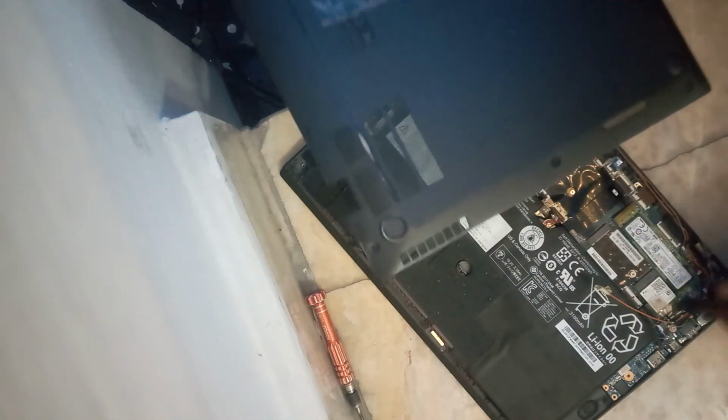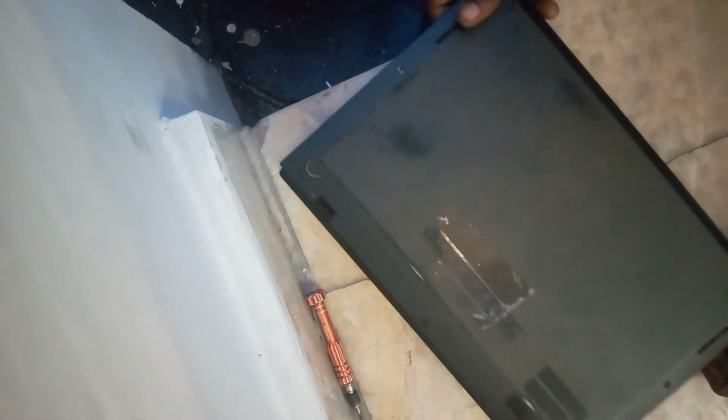So that is it, guys. The battery has been replaced, so I'm going to place the lid back and